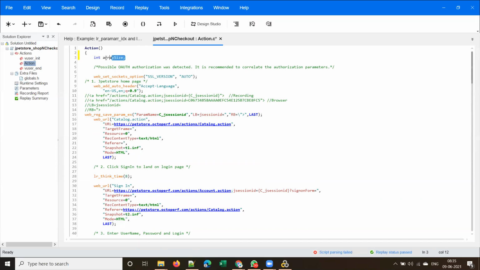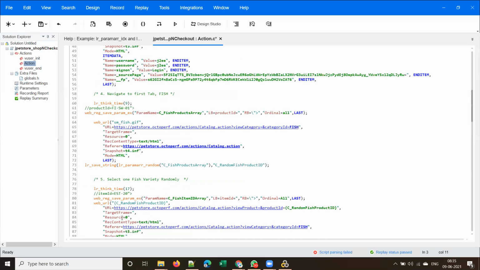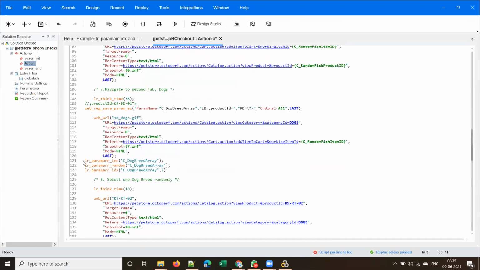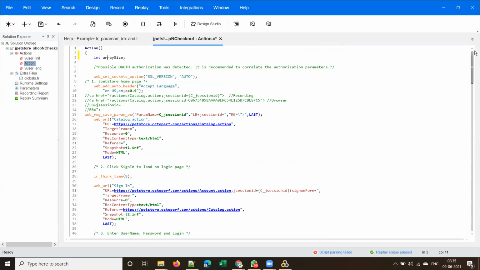What is this variable? It becomes a C variable, right? So we have to declare it at the beginning of the block. That declaration should be done at the beginning of the block. Okay, so int array size. I'm capturing that return value into that integer. Let me copy that array name.